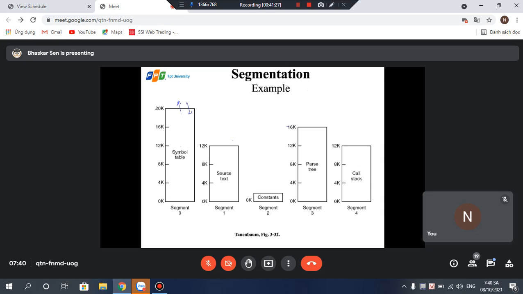Okay. So this is the most important part. And also sharing of code will be facilitated, so we can easily share the code. And now, how do you address it? Well, you have the segment number and an offset. Segment number means which segment you're referring to, and the offset means the position inside that segment. That is the logical address.